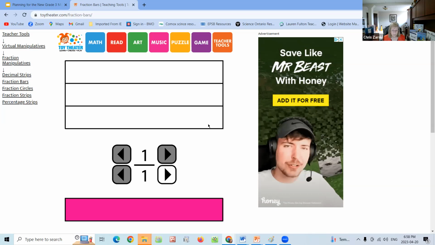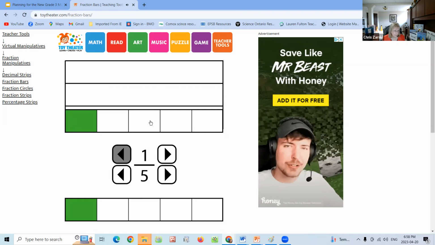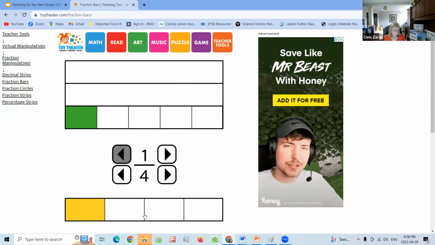But what if I haven't quite yet figured that out again? Maybe I need to do another round of paper folding. The equivalent of the paper folding is right here on this screen. So you can adjust the numerator and you can adjust the denominator. So I said 1/5. So this is this line divided into 5 pieces. I can bring it up. I also said 1/4.